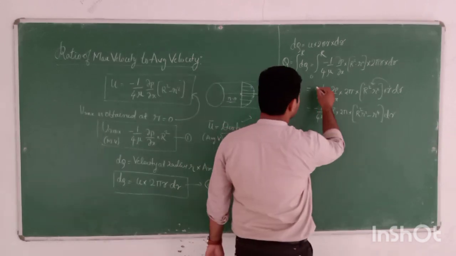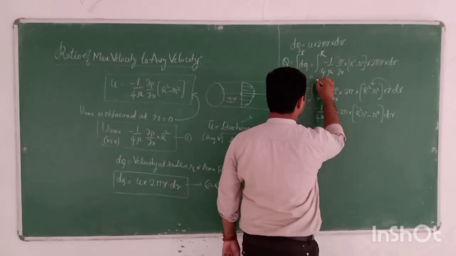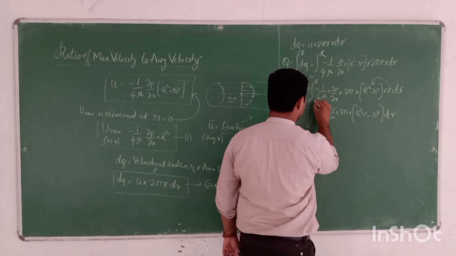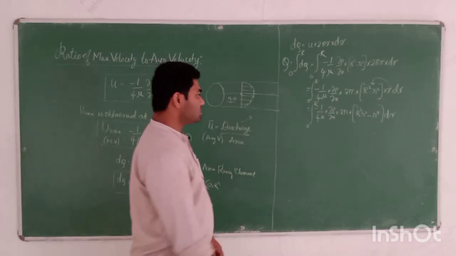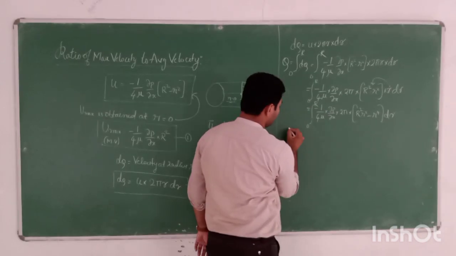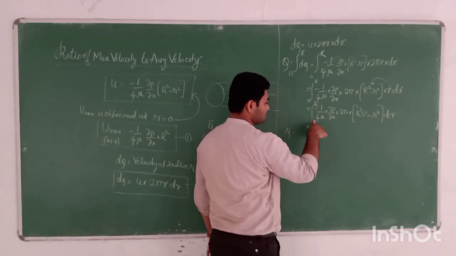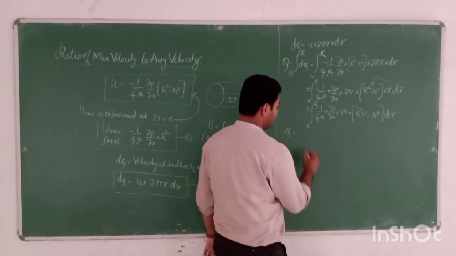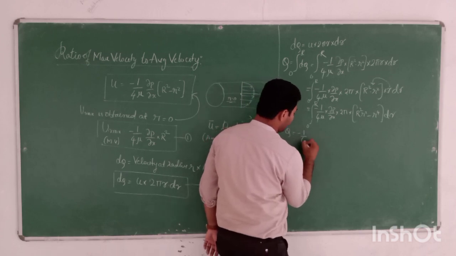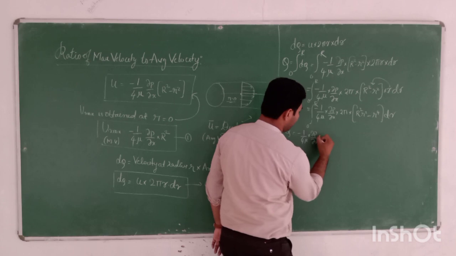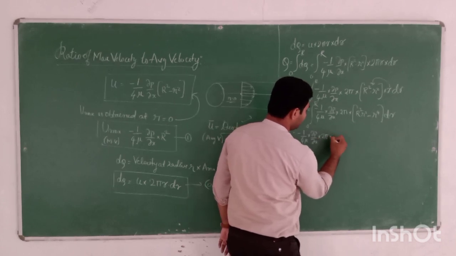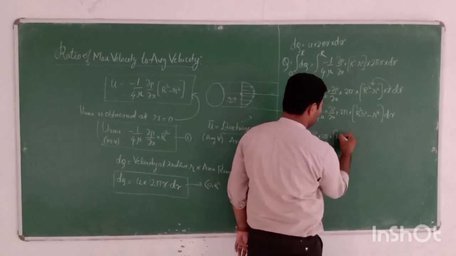There is a symbol of integration, 0 to R. If we integrate this, we will get the value of Q. Q is nothing but, if we perform the integration, what we will get? Minus 1 by 4 mu into dP by dx into 2 pi into r squared